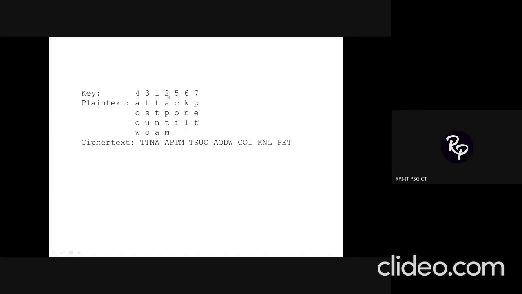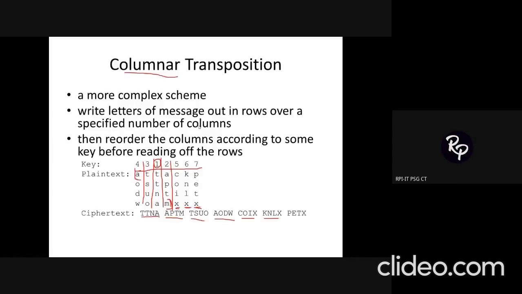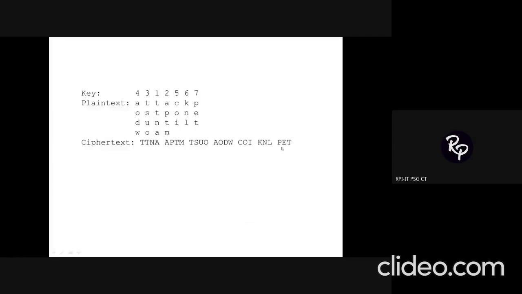For the first 4, you don't have any difference between the first one and the second one. For the remaining 3, that is 5, 6, 7, I'll have a change in ciphertext. Here it was COIX, and now it becomes simply COI. X is not included because the question says I should not make use of a filler for solving this problem. That alone is the change. All other ciphertexts are going to be the same.